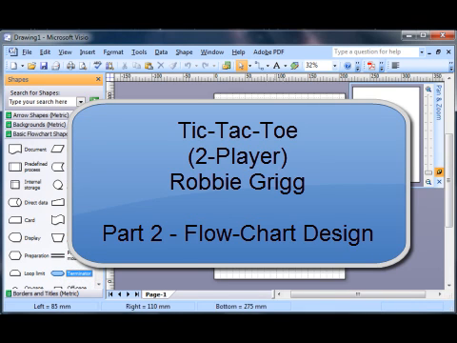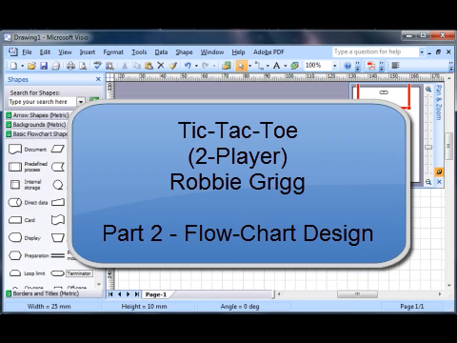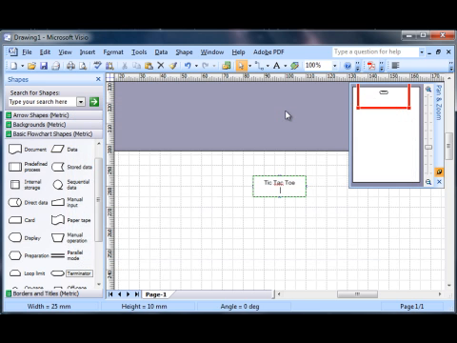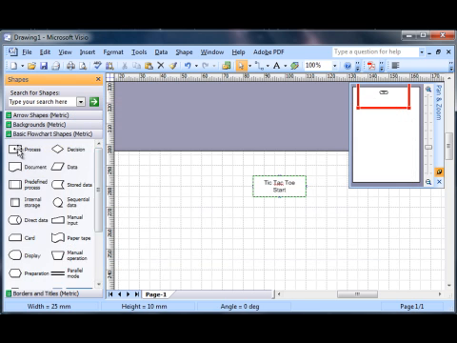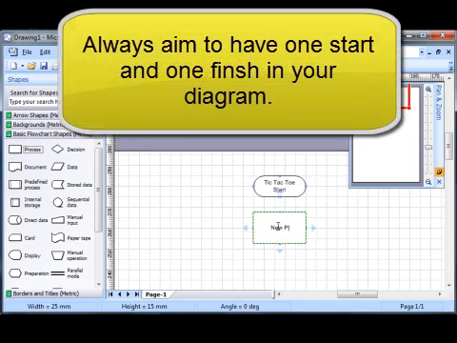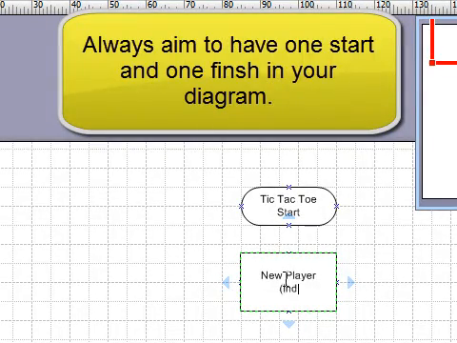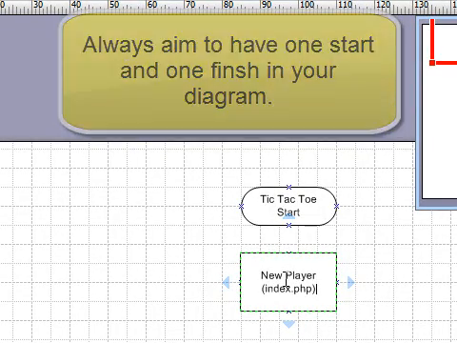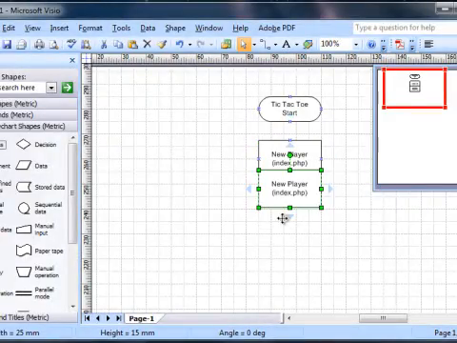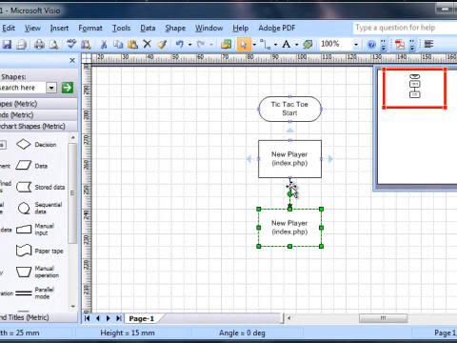Welcome to part 2 of creating a Tic Tac Toe game, and we're going to look at creating a flowchart design. With this we're going to focus on the front end. With any flowchart we obviously start with the rounded rectangular boxes for the start and the end, and here I'm going to put boxes with the page included, in this case because we're looking from the front